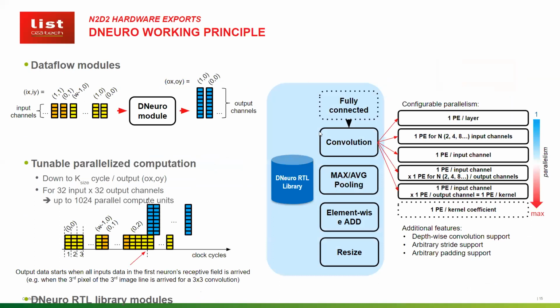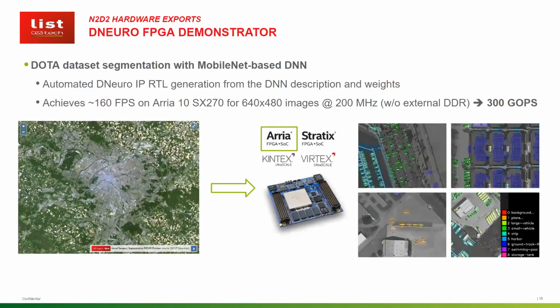So here is the working principle for the DNN, and the optimizations which can be done. The first part is the reorganization of the data in order to provide it in the good format to be executed on the FPGA module. And the second part is the optimization in order to do the computations in parallel. So we can go to the next one.